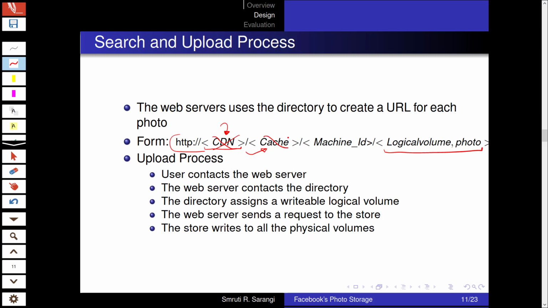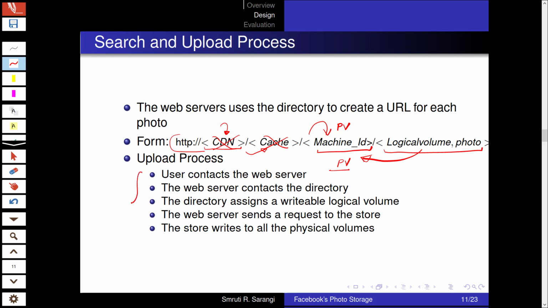If again the cache does not have it, it is sent to the physical volume, which is a physical machine within the haystack store. The physical machine will have it for sure. So it will again take a look at the logical volume photo. Logical volume, of course, within the physical machine is stored as a physical volume. And then it will look up the physical volume, find the photo and return.